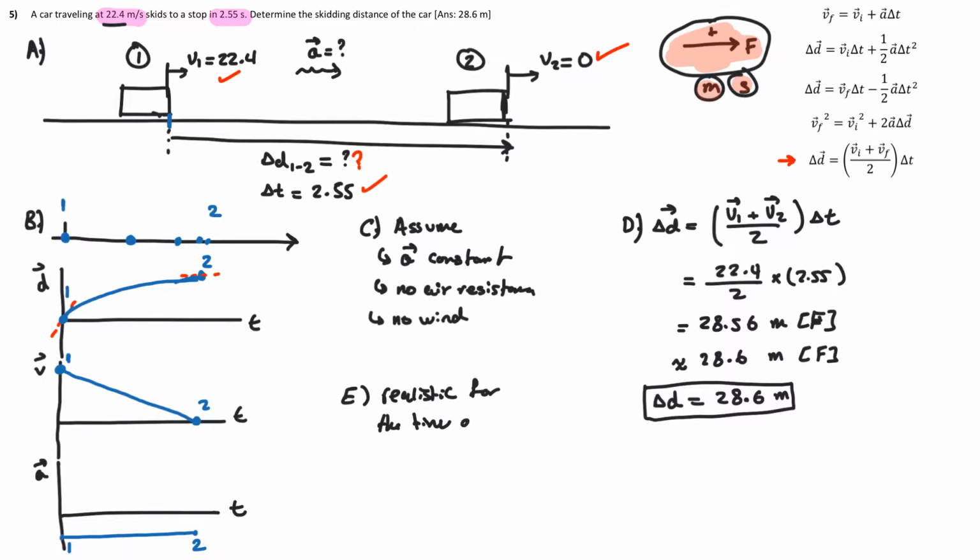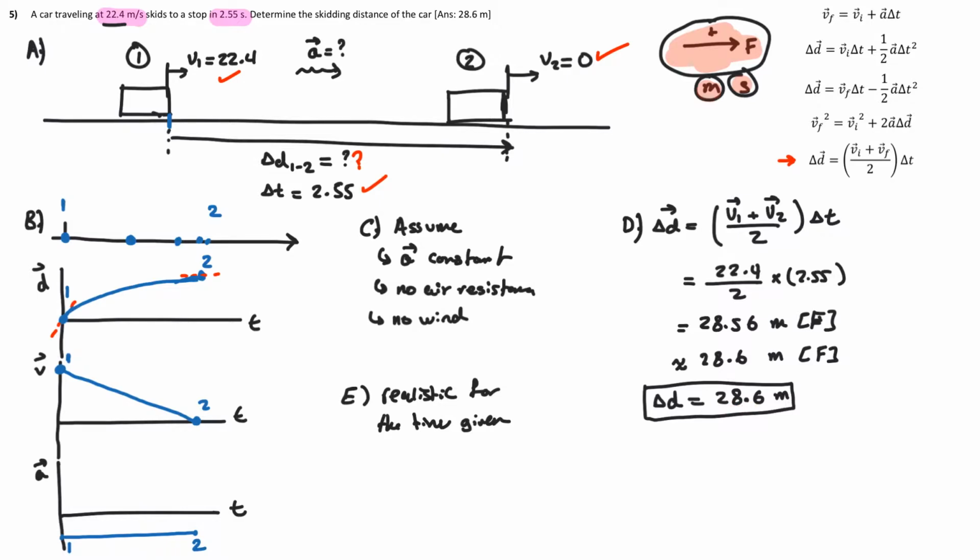For the time given, this is pretty realistic to have 28.6 meters of distance. I would have thought it would be a little bit more, and the time it takes might be a little bit more as well, but this is okay. In terms of assumptions, if there is wind pushing forwards, then this distance will increase. If there is air resistance, it's going to stop the car even faster, so this distance is going to be reduced. And usually in reality, there will be air resistance, so this distance should be a little bit smaller,